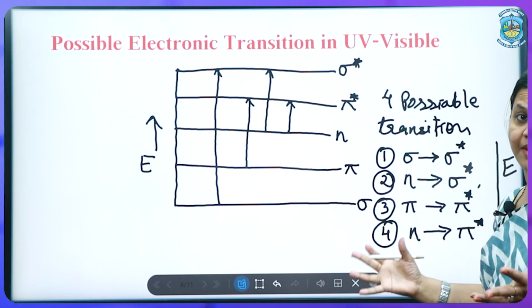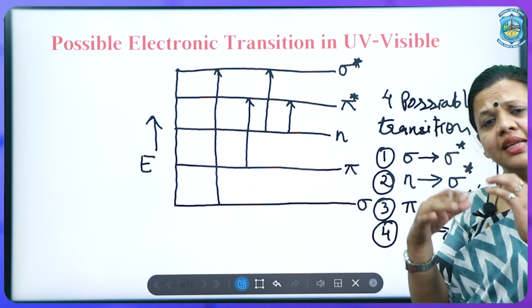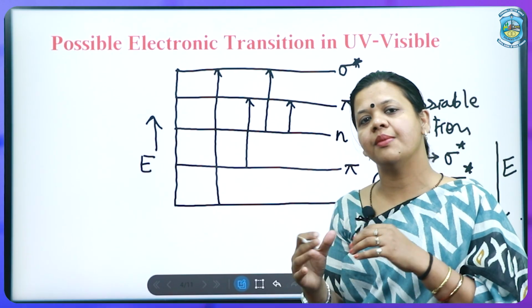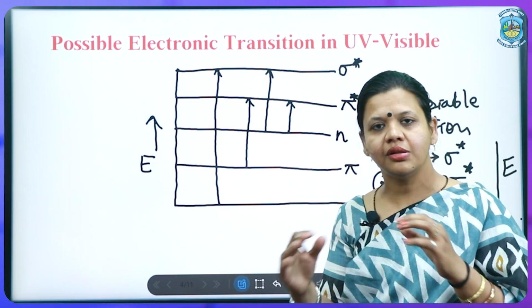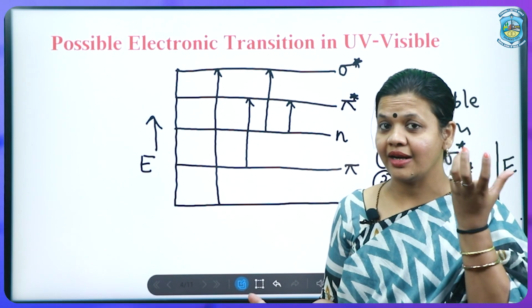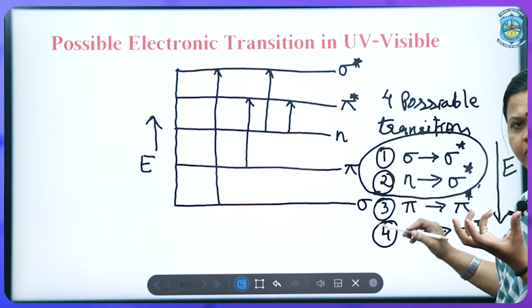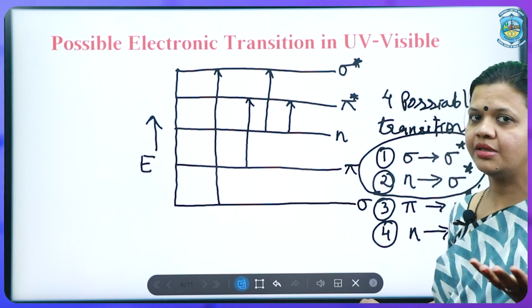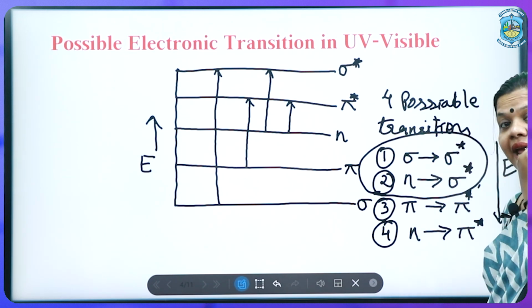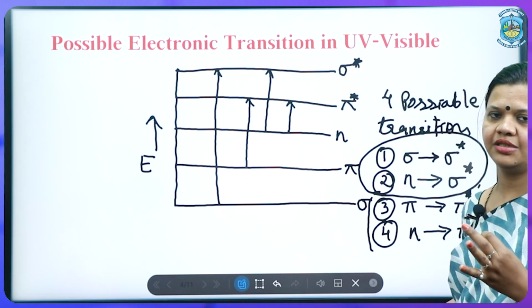So the highest amount of energy which is required for a transition is sigma to sigma star and n to sigma star. Since these 2 transitions require high amount of energy, and obviously we know that sigma transition will occur in all those molecules which have a sigma bond, which is there in each and every molecule. And since it is a high energy electronic transition, we can ignore these 2 types of transition. They are not so much important for a chemist, but when we study the spectroscopic analysis for any molecule, the last 2 transitions, that is the pi to pi star and n to pi star transitions, are the ones which